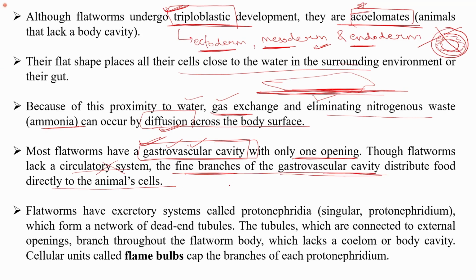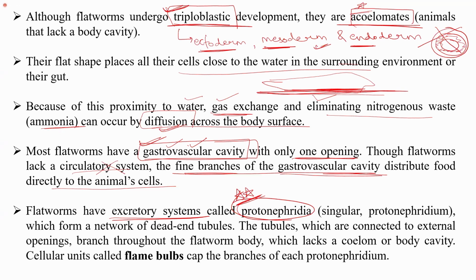Now, a very important thing in this Platyhelminthes group is that they have an excretory system, which is called the protonephridia. So this is really important. This may be asked: protonephridia is the excretory system of flatworms, right? So if I start from the poriferans, which is the first phylum which we study, in that we learn about cells like choanocytes, right? Then in the next phylum, which is the cnidarians, we learn about cnidoblast cells, cnidocyte that has nematocyst.